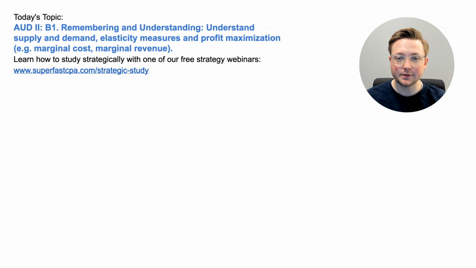I'm Logan, and in today's video, we're going to be going over Audit Area 2, and this is Section B1. This is a remembering and understanding topic. Understand supply and demand, elasticity measures, and profit maximization, and that would include things like marginal cost and marginal revenue. And we're going to be doing that the SuperfastCPA way, which is diving straight into the questions to learn the